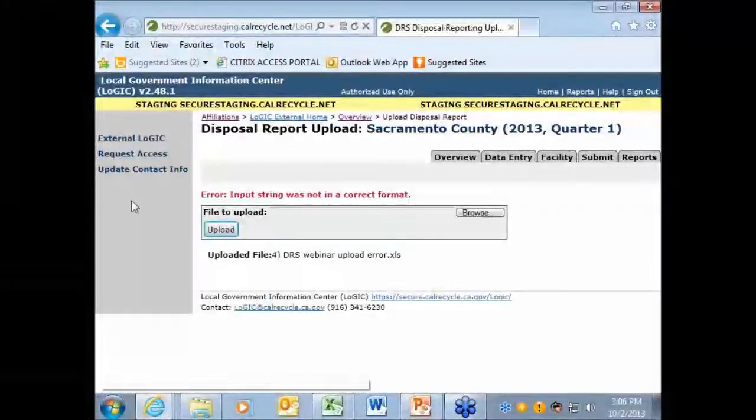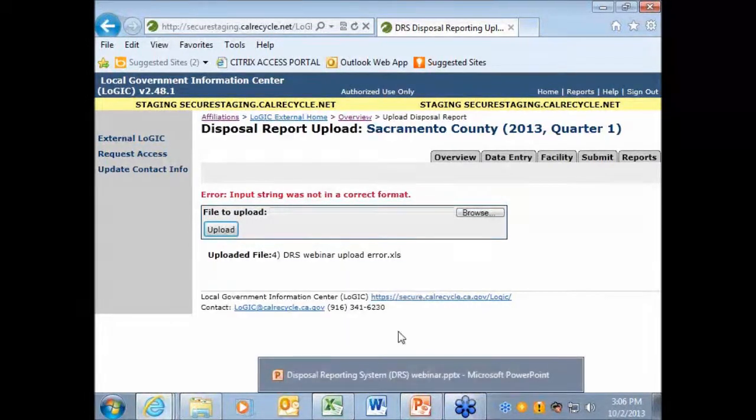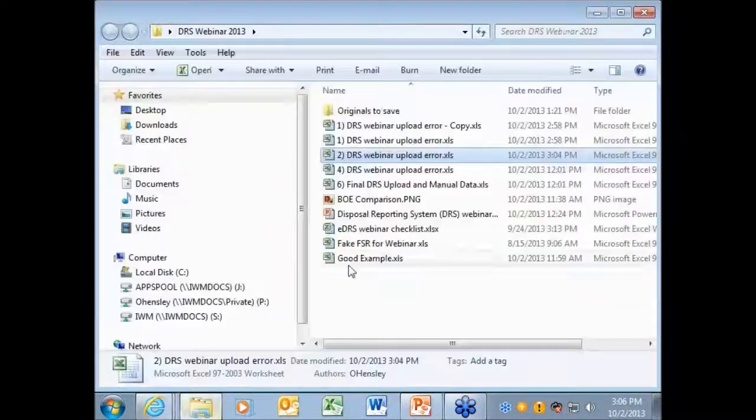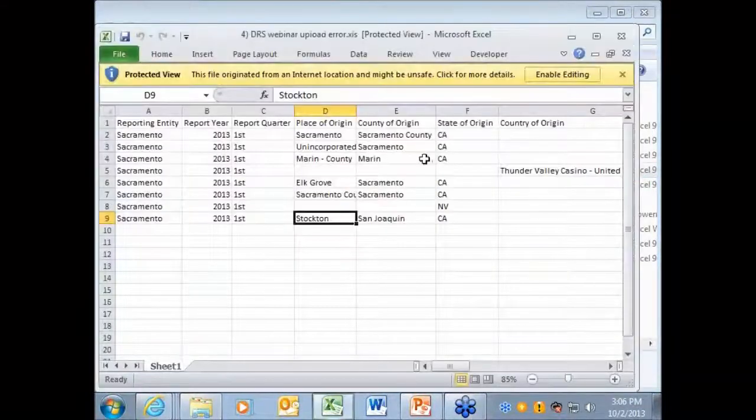click upload, and this one's a blank error that's probably the most confusing and probably the most difficult one you'll come across. And that comes back to that data specifications table that we looked at, that Word document that tells you what goes into each particular column. So if we go and open up the file, if you recall back when it looked at quarter, it said it had to have the length of 1, only one thing. In this case, we put first. Simply, you just got to correct that